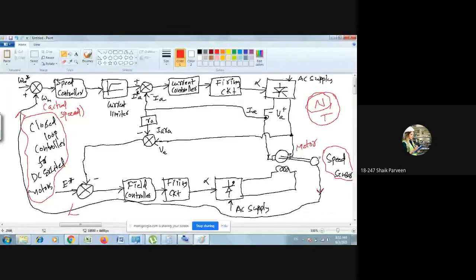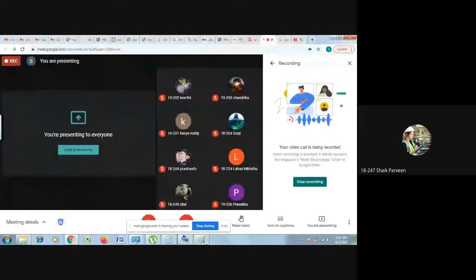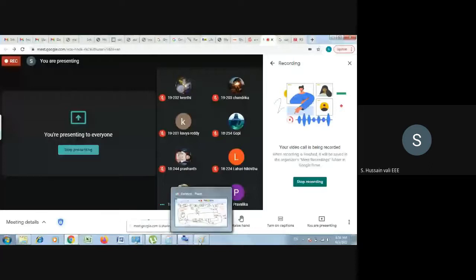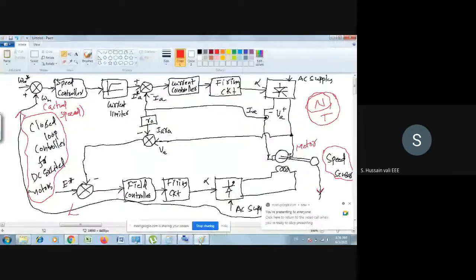Sir, your mic is off, sir. Yeah, please tell. Till now, not, sorry. Okay, I think I purposefully turned off the mic because of some disturbance. Now you tell me, before that, for those three block diagrams, did you get the sound? Was it audible? Yes, sir, your voice was audible, sir. Okay, now this fourth one, I have to start over. I will start over once again. Thank you for reminding me.